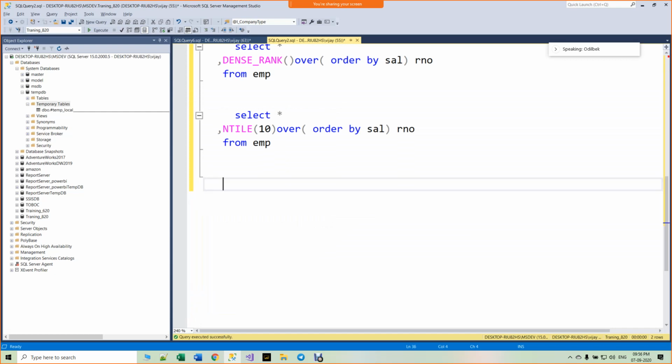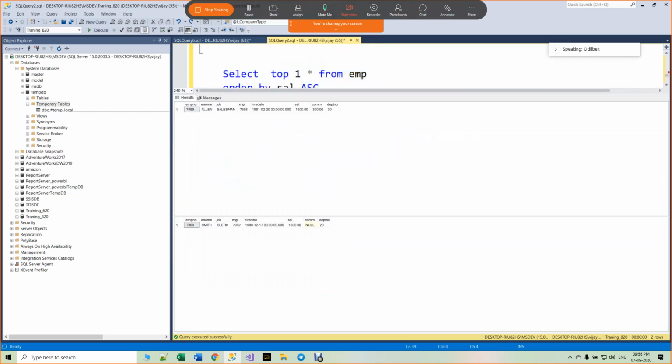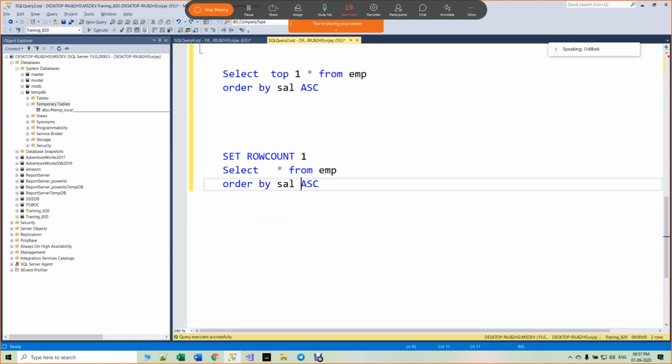Result was different. 1600, 1600. Smith is coming, Allen is coming. If I take 3 here.